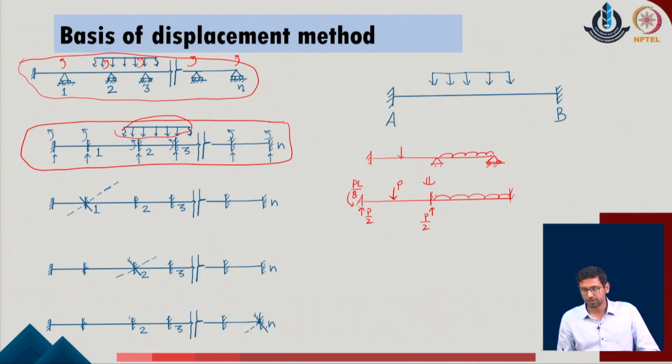Now, at the span BC of the given system, or the second span, I will again calculate the reaction. So, this support is a common one. So, it will get the reaction which is say WL by 2. Over here also the reaction will come WL by 2, and over here I will get the moment WL square upon 12, and at the center point I will get the net moment which is WL square upon 12 because of the span 2, and because of the first span I have a moment which is in the opposite direction, and that can be represented as PL upon 8 in the given problem.